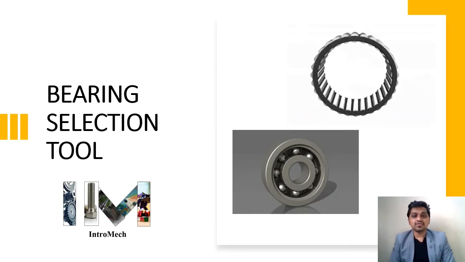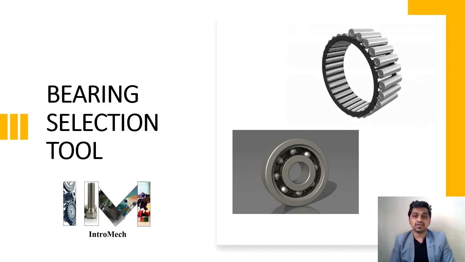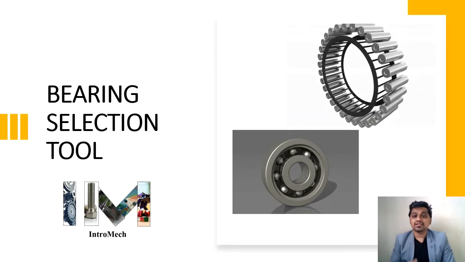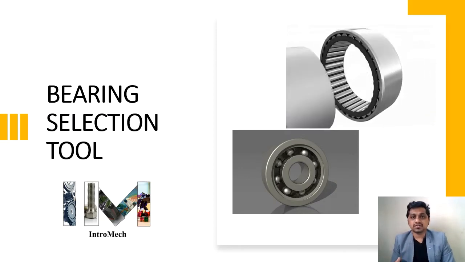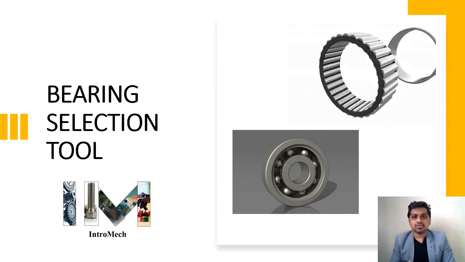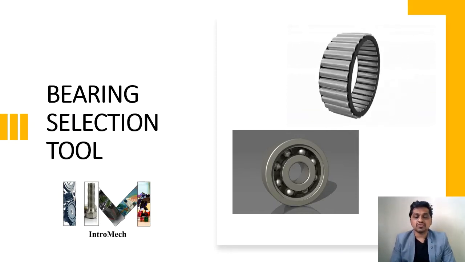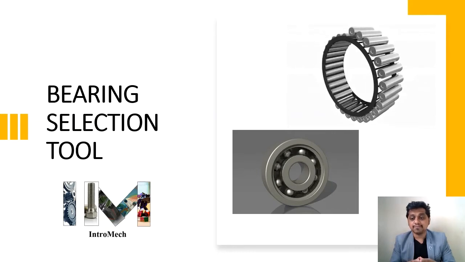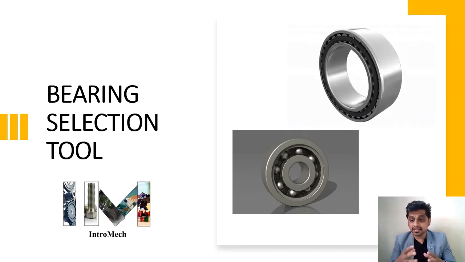Today we are going to discuss something about bearings. Bearings are most widely used in the industries because they take loads, reduce friction, and support the different gears and various other stuff. What they do is convert the sliding contact into point contact or line contact, which ultimately reduces your power requirements, and that's why bearings are a very important part of any machine or any system.